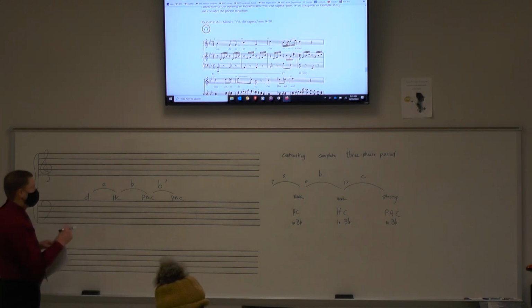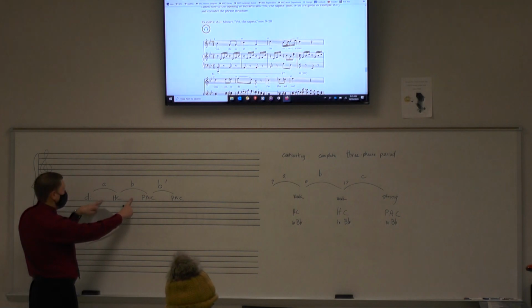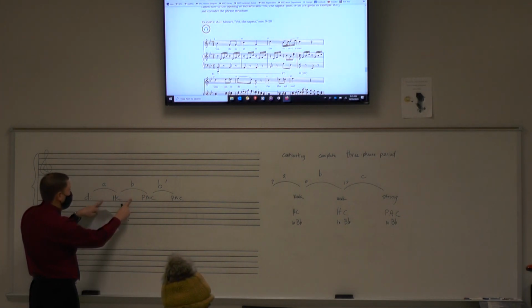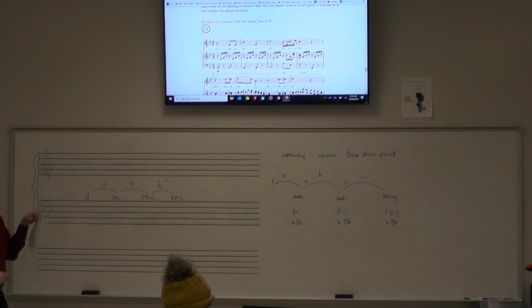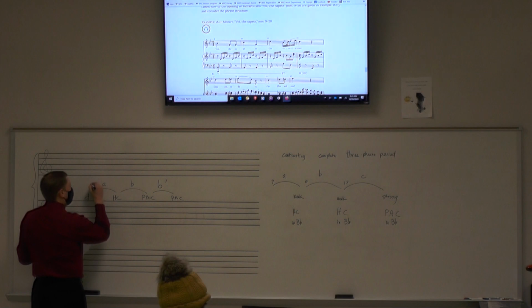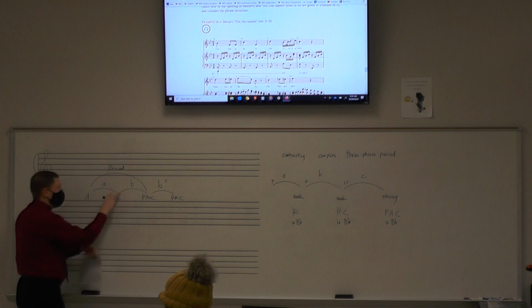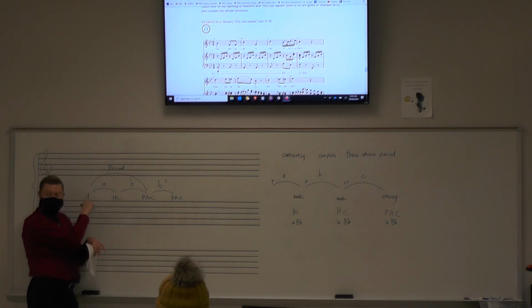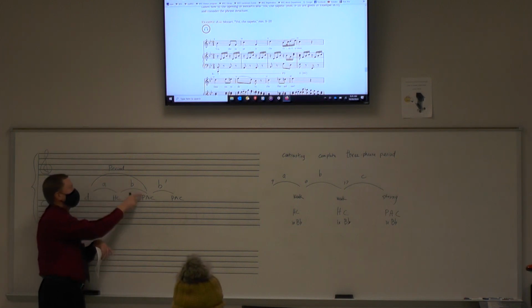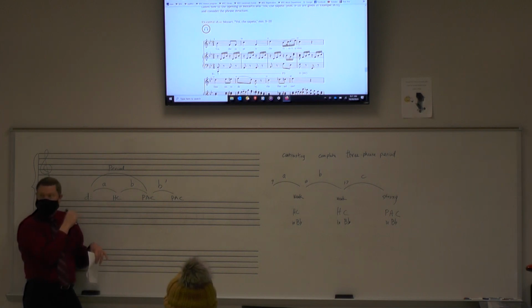What I can call it is I can look at these two phrases and say, I have a contrasting complete period with a repeated what phrase? I know this gets you into all the terms, but let's say here's my period. What are the two phrases of a regular period called? The blank and the blank. Antecedent and consequent. So this is a period with a repeated what? Consequent phrase. That's right. With a repeated consequent.